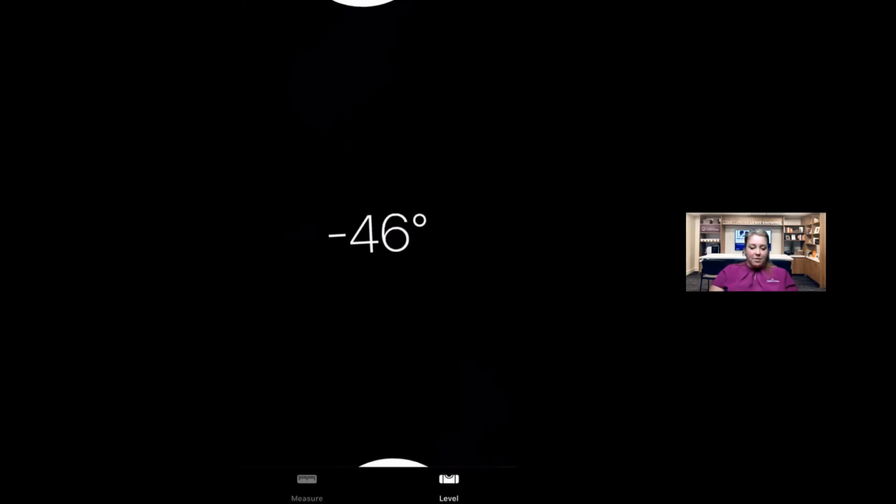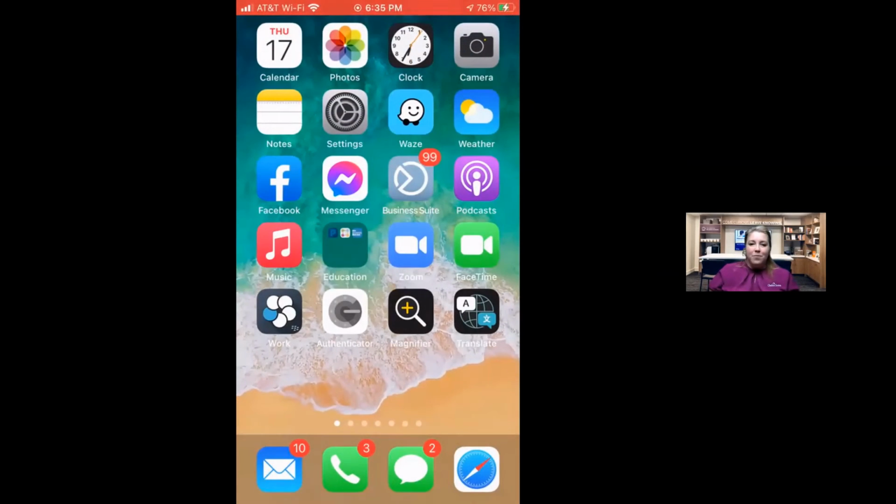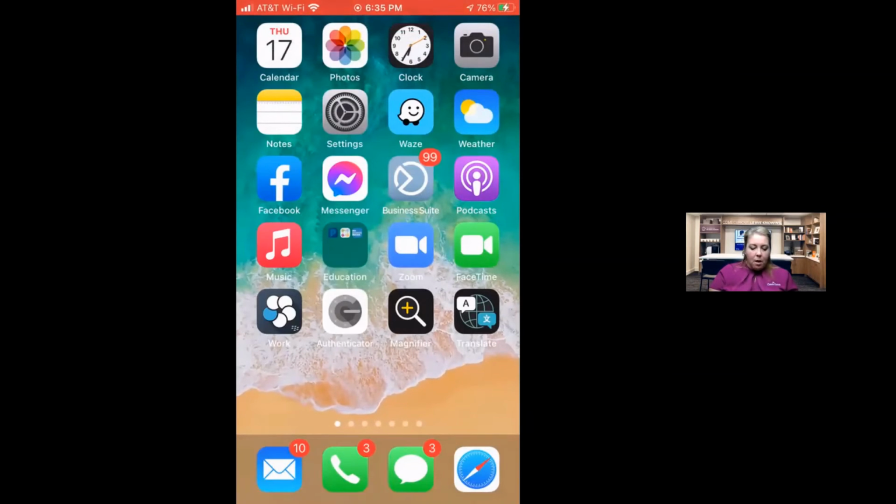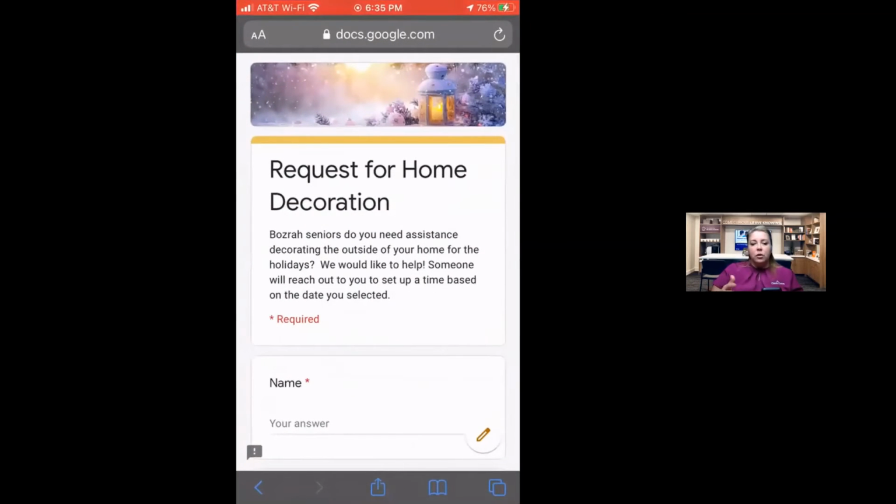Which is great because then you don't have to search out a level. So the next thing we're going to look at is our Safari. So when you use your internet browser,